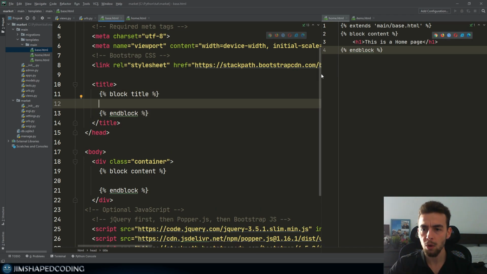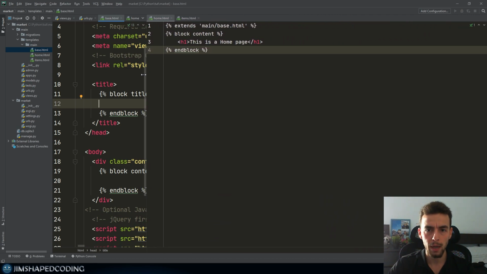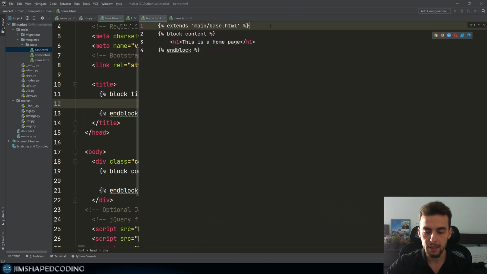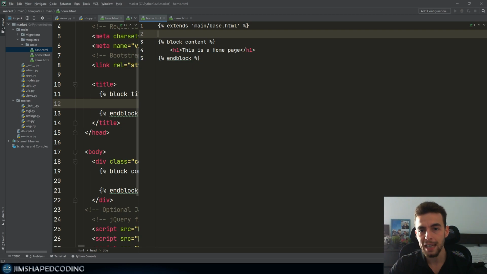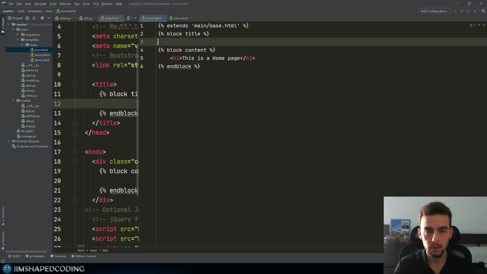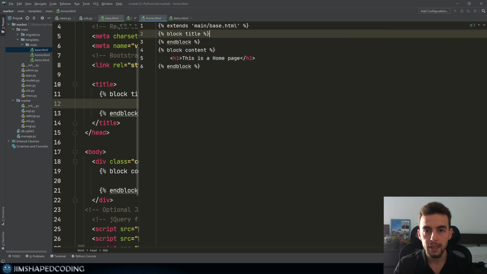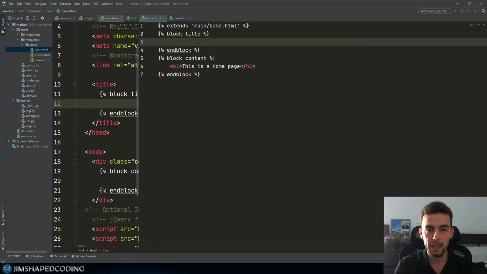And now I can go back to my home.html and actually repeat the exact same process. So we will call the block title, then we will close it, and then we will also add the end block like this, and then between here we can write home page. And actually we can go with something nicer here, which is going to look like gym shaped coding